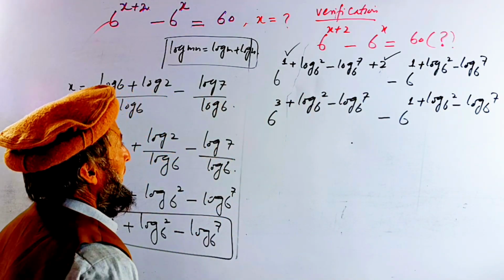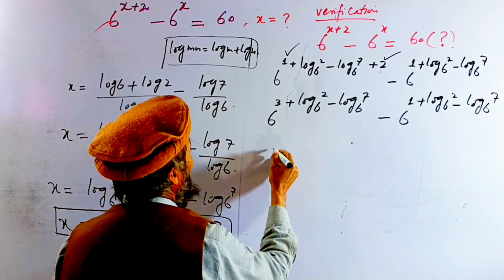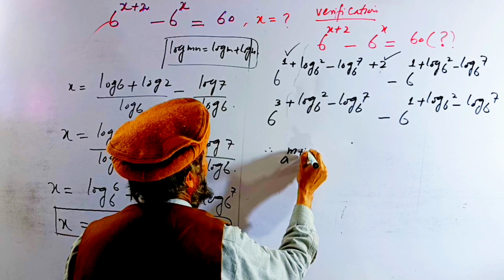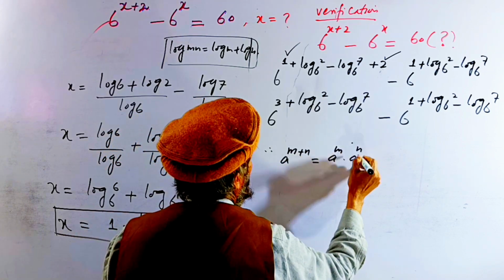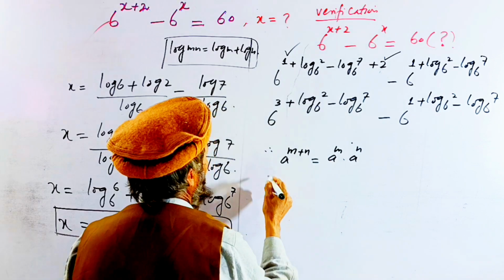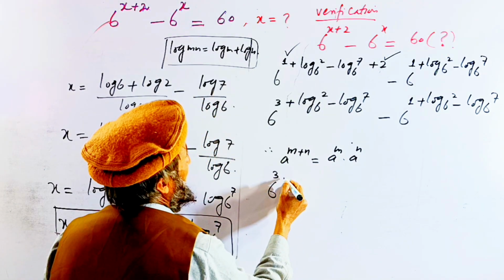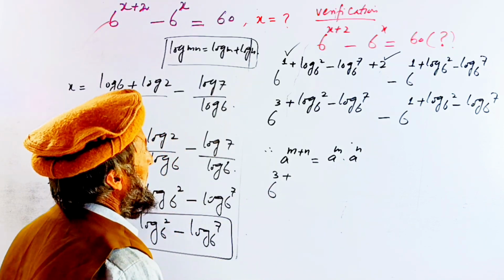Now we can write according to the double exponent rule we have already done: a power m plus n, we can write a power m into a power n. According to this rule, first of all we write 6 power 3 into 6 power log of 6 squared